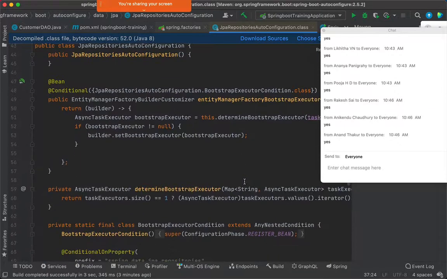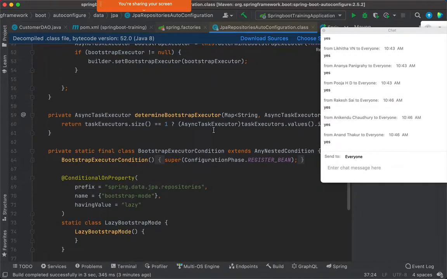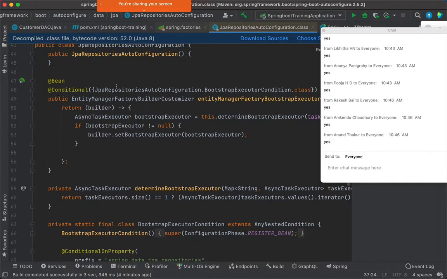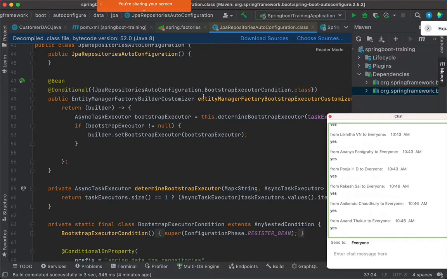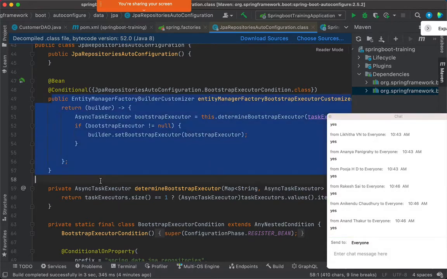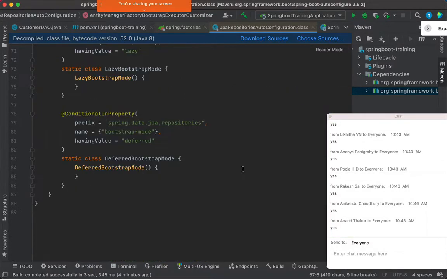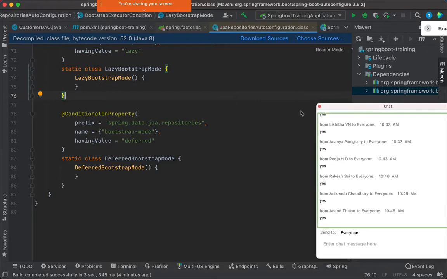So you see this now, if at all it is there in the class path, which we keep, then you see there are other functions that are there, and you can see this @bean conditional on. Again, there is a condition. That means this bean will be instantiated only and only on the condition. Don't worry about this bean stuff. I will explain that to you. What is that @bean? You're getting that point? Right. So this is one of the big features.